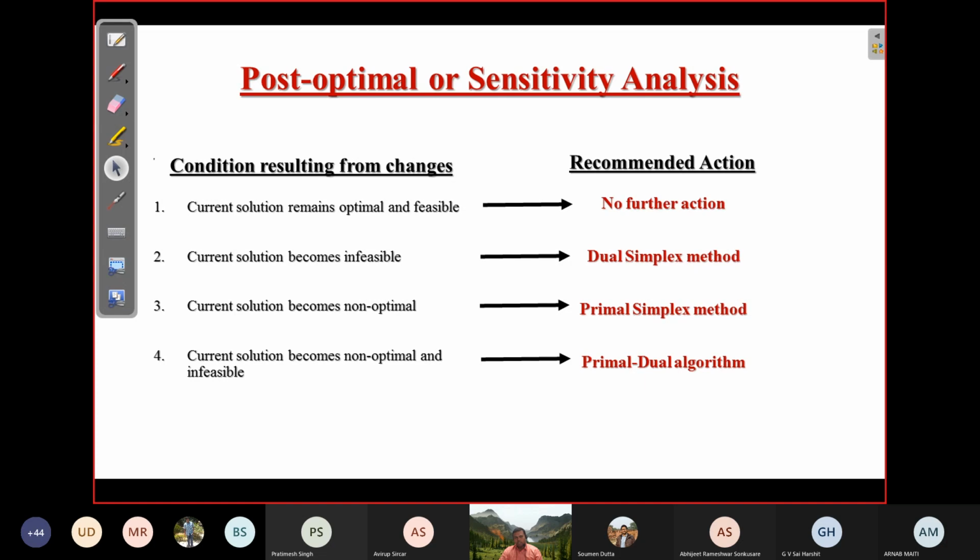Range of feasibility is, say, for a particular raw material, the right hand side range for which all the constraints remain valid or remain functional. No constraint becomes redundant, right? But your objective, your optimal solution will change definitely. So what was your earlier optimal solution may not even be feasible now, right? So for example, if we go back,